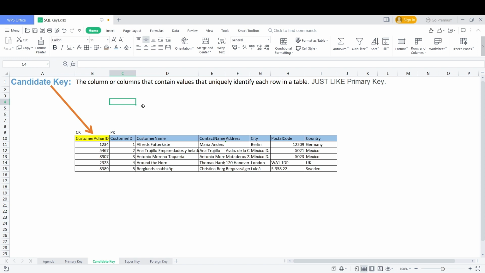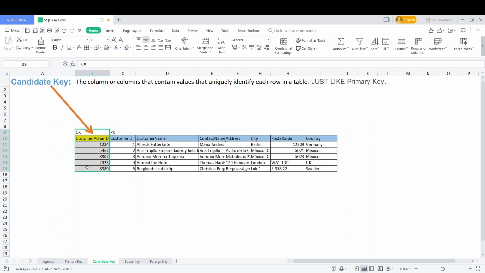So it's the same as primary key, right? It's just like primary key, but it's not a primary key. Okay, so primary key is something that is our customer ID. And you will know why customer ID is a primary key and not the other way around, right? You will learn that as well. So as of now, just know that this customer ID, we have considered it as our primary key and the